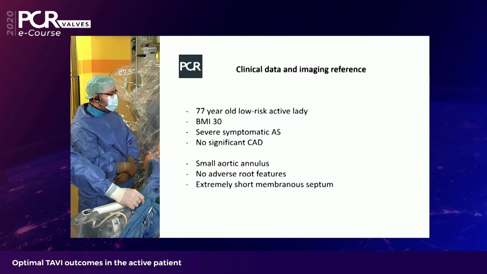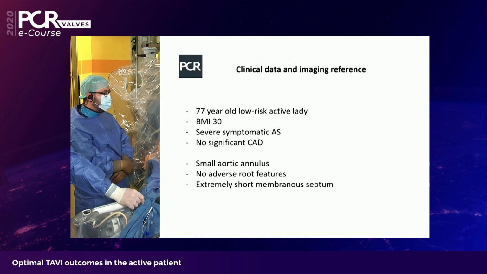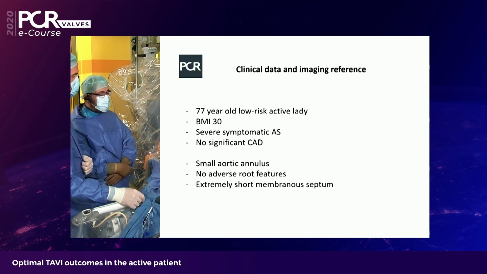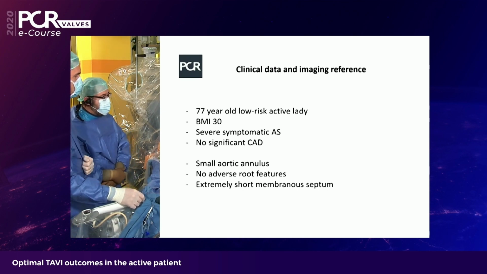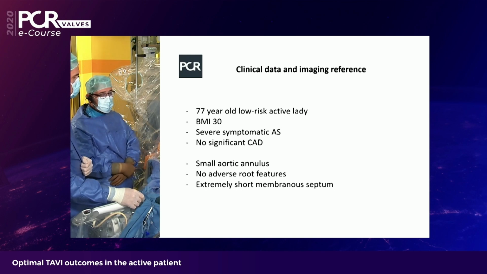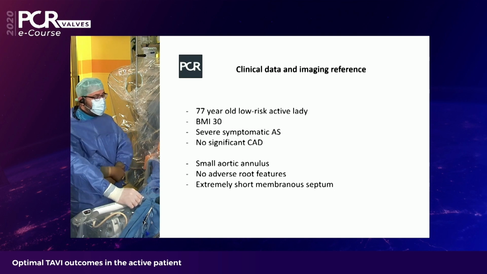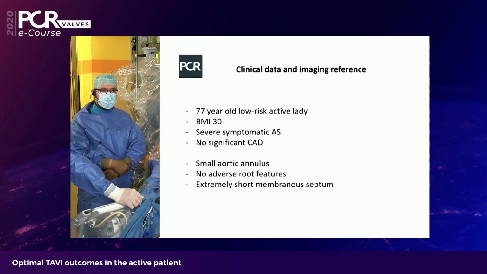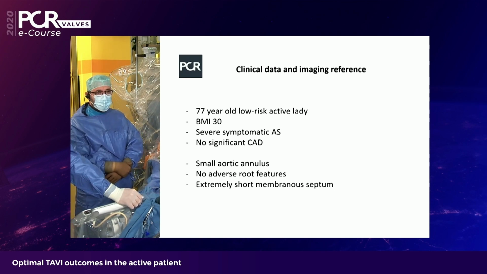And to summarize, and maybe afterwards we go to the panel discussion, this is a 77-year-old low-risk active lady. She has a body mass index of 30. She has severe symptomatic AS, no significant coronary artery disease. And when it comes to her anatomical characteristics, she has a small aortic annulus. She has no adverse root features, but she has an extremely short membranous septum. And I think this is where we may stop for a while and discuss potential options and then return to